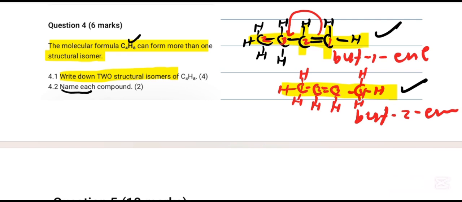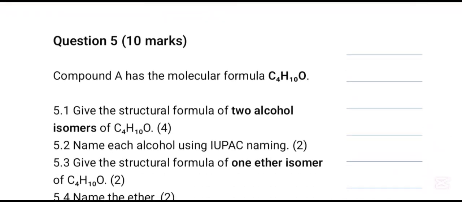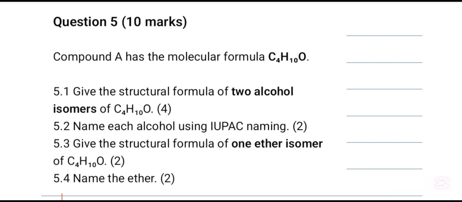Let's go to question number 5. So question number 5 now we are. They say compound A has the molecular formula C4H10. So now that we are given the molecular formula, we have to convert it to structural formulas. Okay,